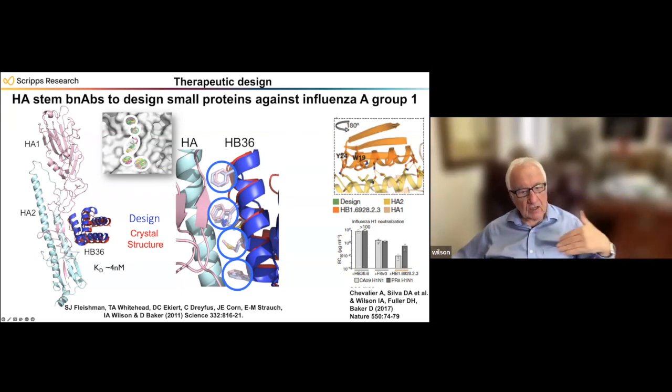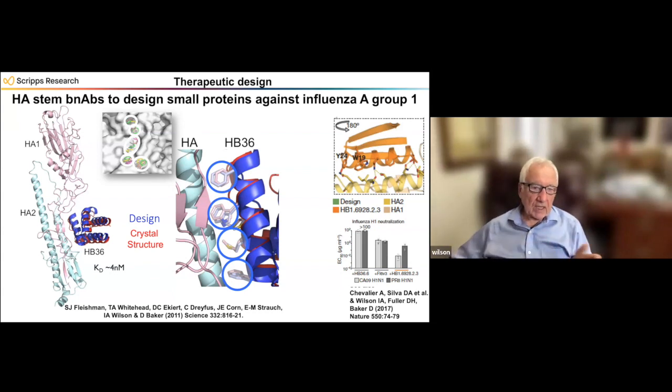And in fact, all of these early structures were done by Damien Eckert in the lab, and in this collaboration with David's lab, we compared the crystal structure with the actual design structure. And you can see the design was almost perfect, even to the rotamers of the side chains. He's gone on and tried to make, with Aaron Chevalier and this group, an even better design and much more potent. And he's found now small proteins that are much better than the most effective of antibodies, with sub-nanomolar neutralizing capabilities.